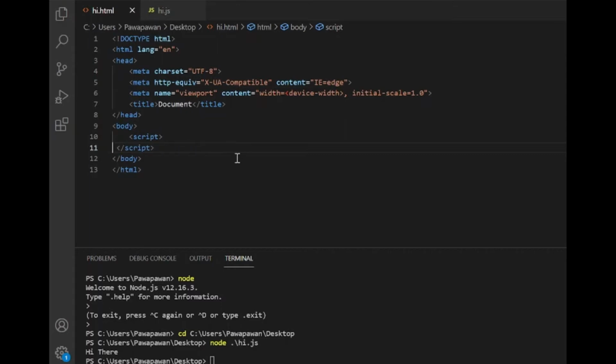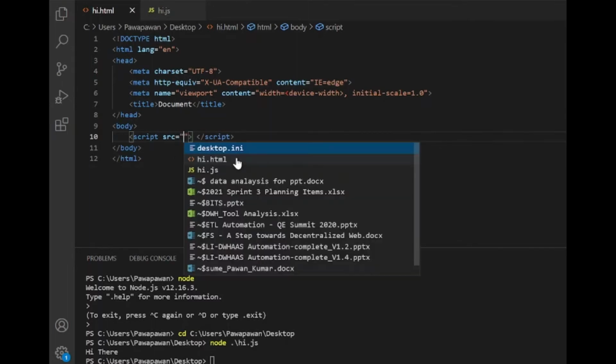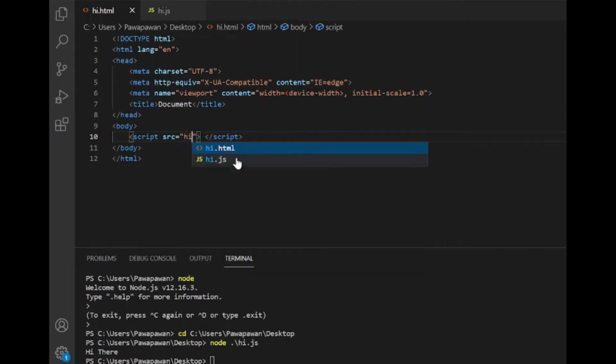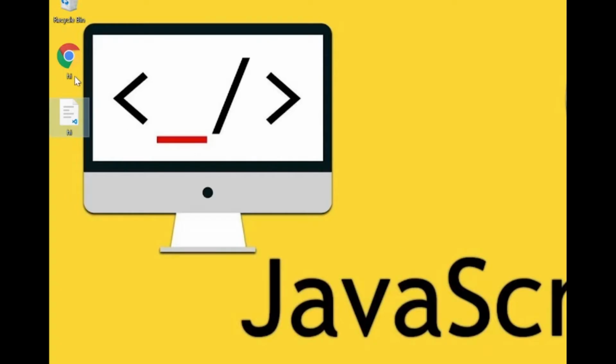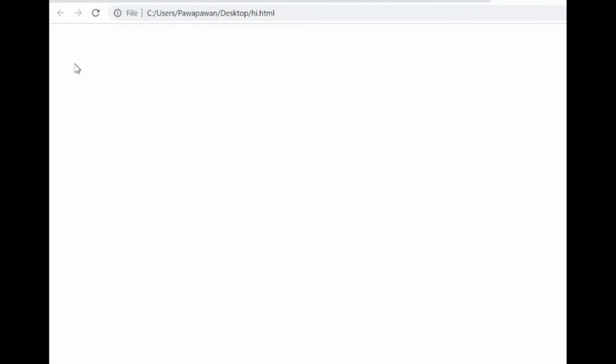We can come back here and we can add src is equal to hi.js and save this. Now coming back to hi, we can run this on browser, press F12